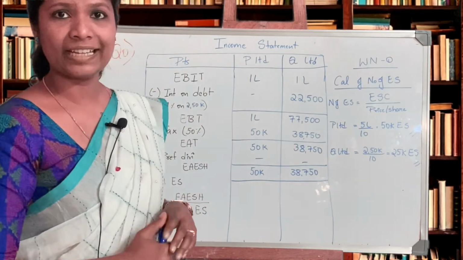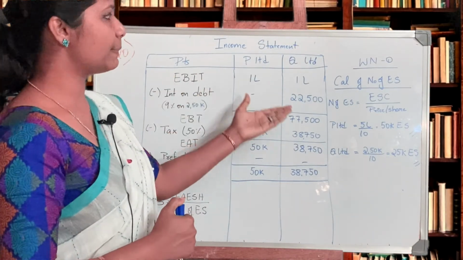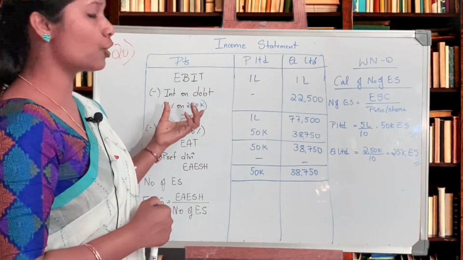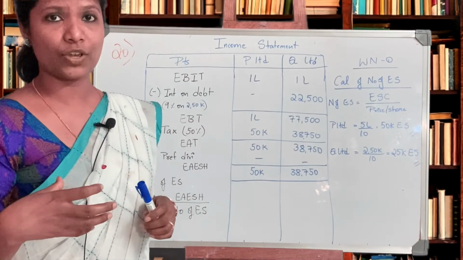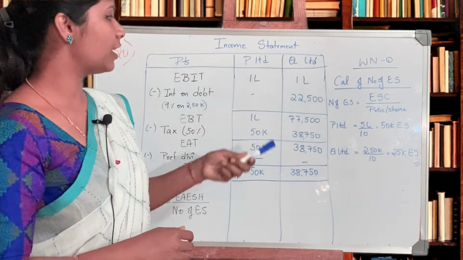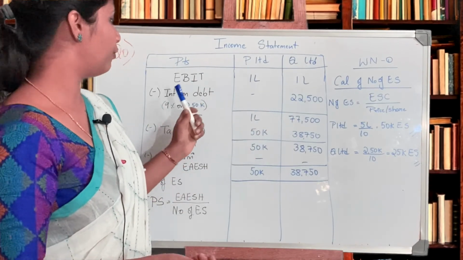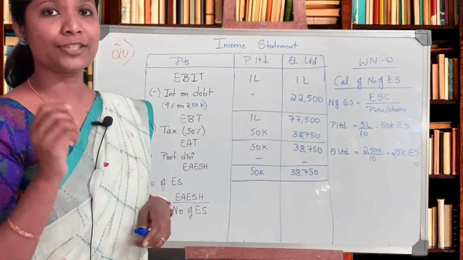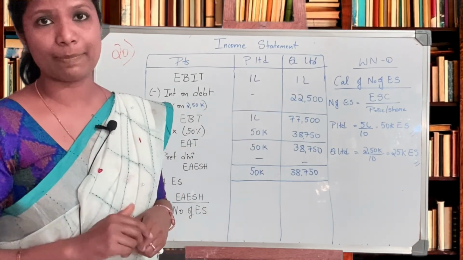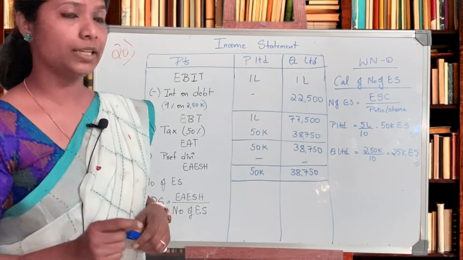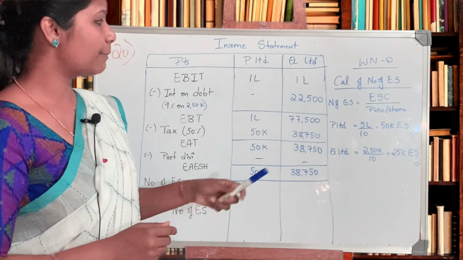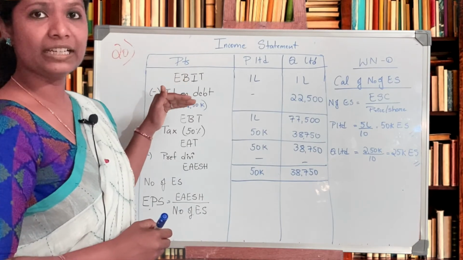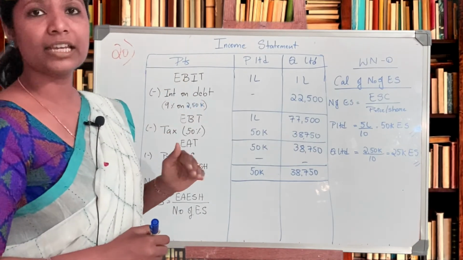So moving to the solution, income statement of the 20th problem, particulars P Limited and Q Limited. EBIT is given in the question, 1 lakh for both the companies. Now interest on debenture: for P Limited, if you look at the question table, it's not given, it's empty. So P Limited does not have debenture capital itself, and therefore won't be paying any interest on debenture. Whereas Q Limited has 2,50,000 of 9% debenture. So we need to find out what is 9% on 2,50,000. That comes up to 22,500 rupees.